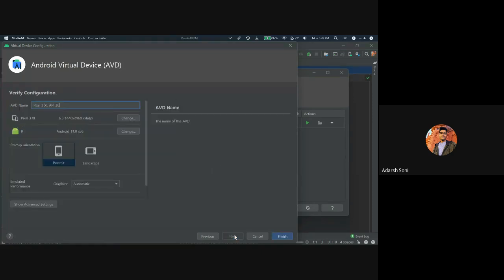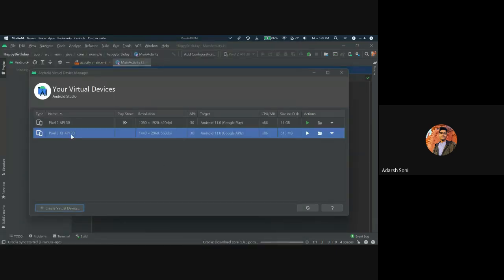Click Next. Leave all the fields as default. And if you want to name your emulator, you can name it from here and click Finish. It will create the emulator. We can run it from here by clicking the play button. And that's it.